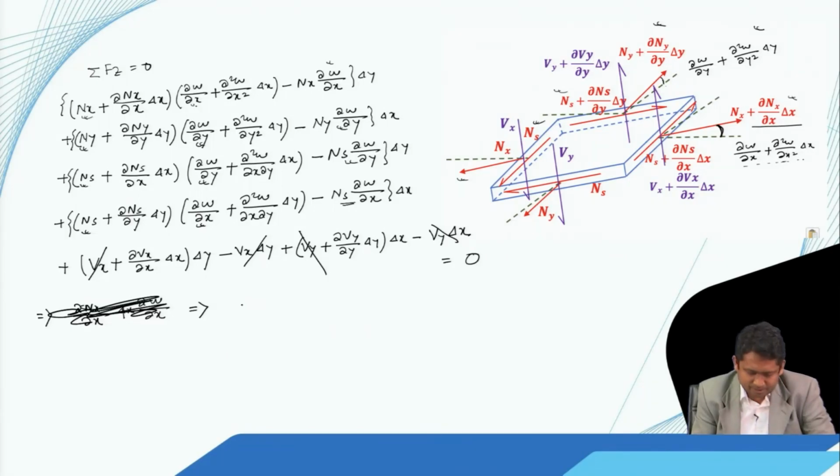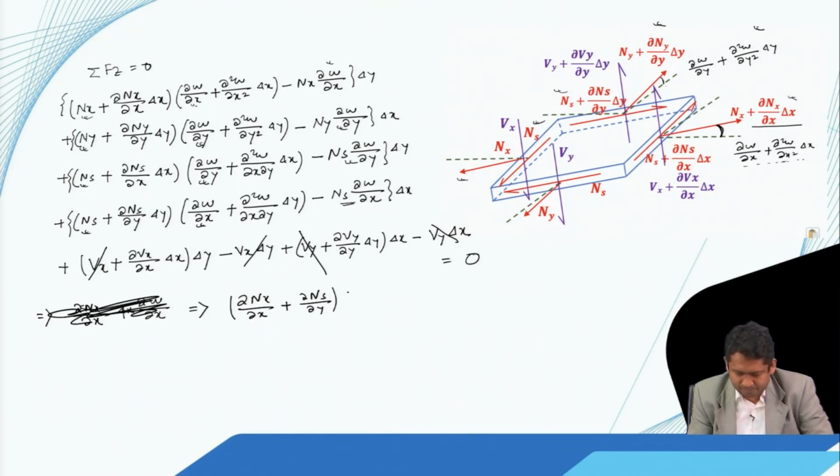So what we get here is del Nx by del x plus del Ns by del y, and that is multiplied with del w by del x,